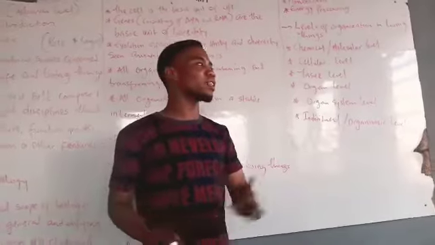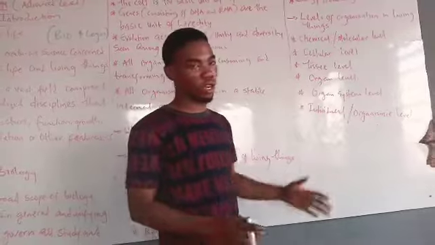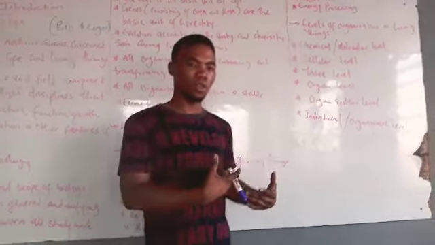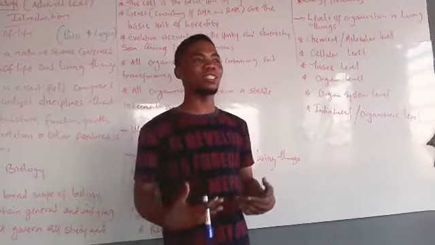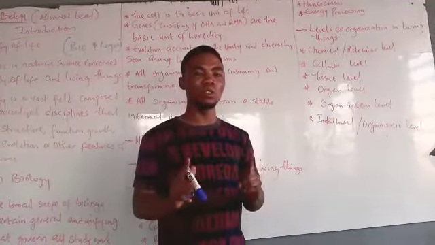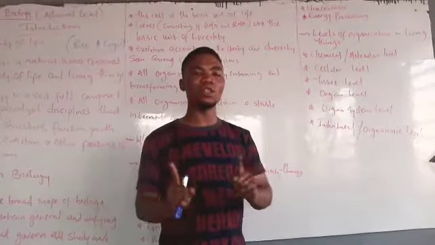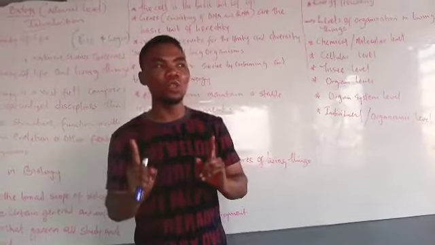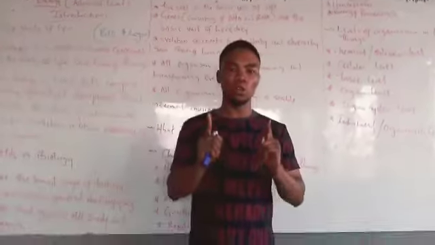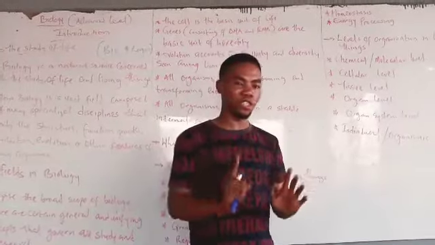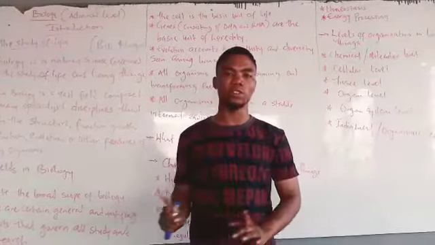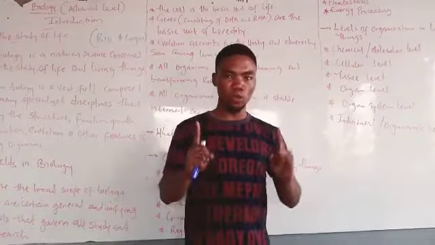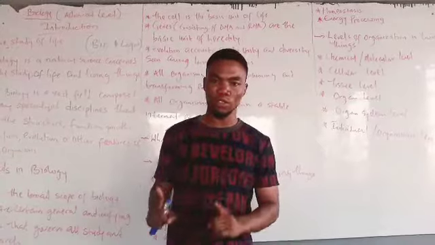And mind you, we have so many organs in the body: the heart is an organ, the liver is an organ, the lungs are an organ, the stomach is an organ. Now, there are some organs that share more than one system, that is, they can be found in 2 systems. For example, the heart is known for one major system, the cardiovascular or transport system, and the lungs are known for one major system, the respiratory system.